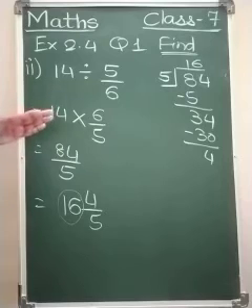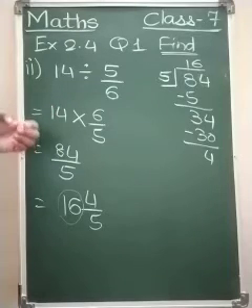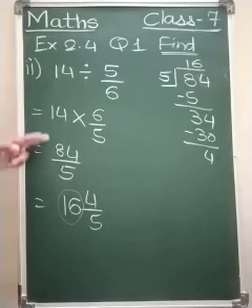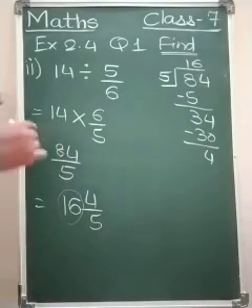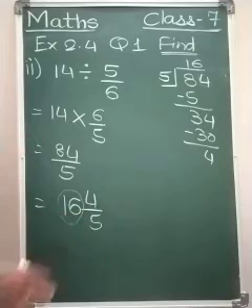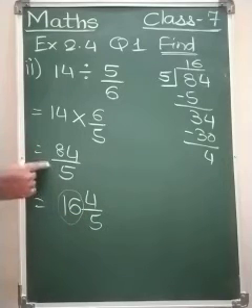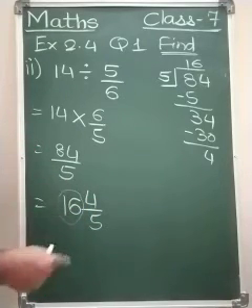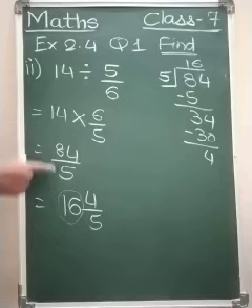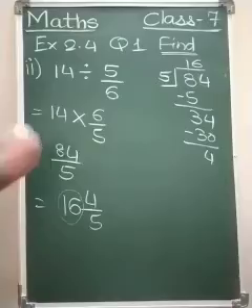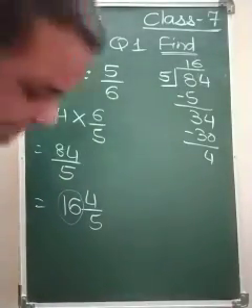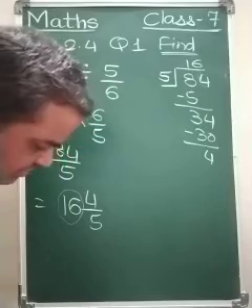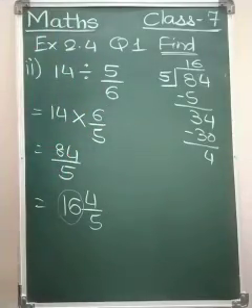So please be careful. In exercise 2.1, one sum was there. We haven't reduced this to the normal form, but that was the beginning, so it can be avoided. But from here henceforth onwards, whenever an improper fraction is there, convert it into mixed number. First check whether any common factors are there in this step, and then we can proceed. So second sum is done. Third sum is quite easy. Fourth sum is also very easy. Fifth sum we are going to do now.